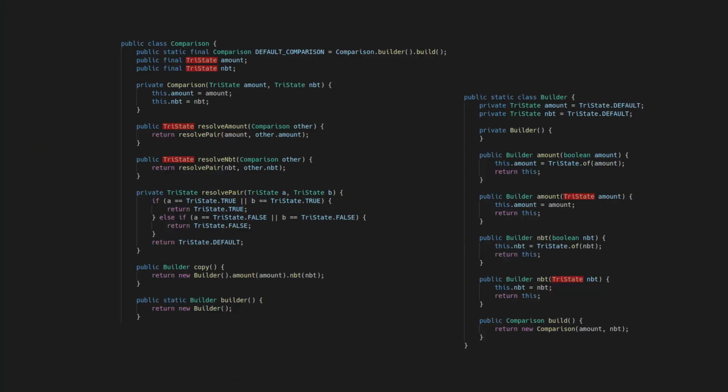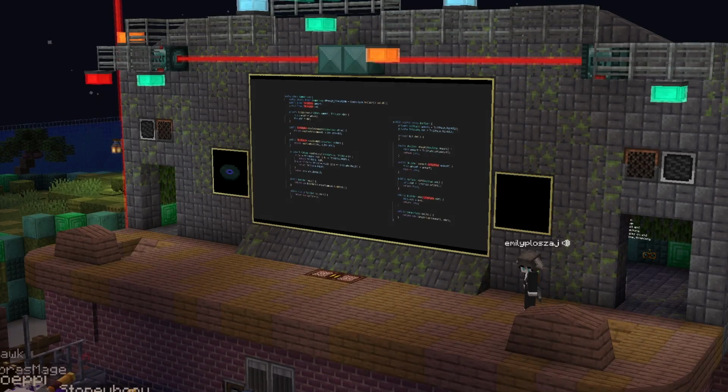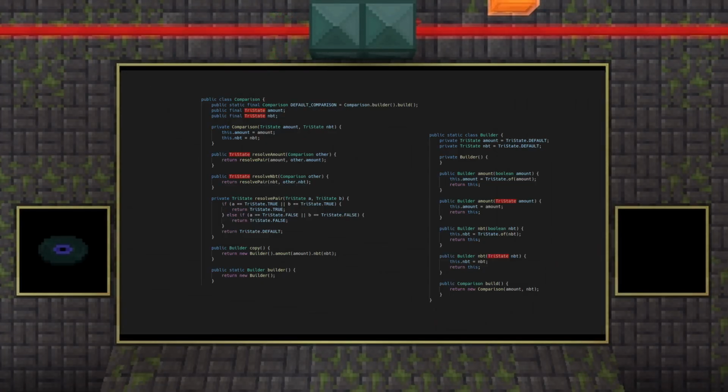The next problematic class is comparison. EMI lets stacks have comparison methods that determine their unique identity. For instance, all instances of Minecraft Stone are the same, but instances of Minecraft Potion should be compared by the potion effect they have. The initial release of EMI had a pretty limited and annoying implementation of comparison, and it references the Fabric tri-state type, so I need to replace it. If I'm breaking it already, I might as well replace it with something good. In particular, I just want to remove the builder pattern and allow for completely custom predicates.